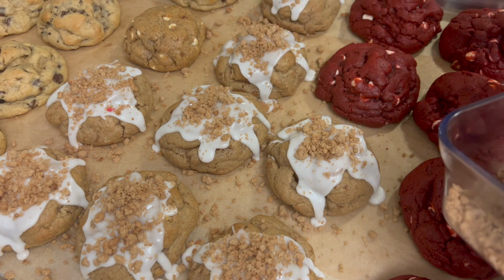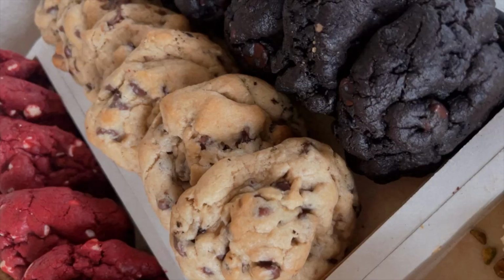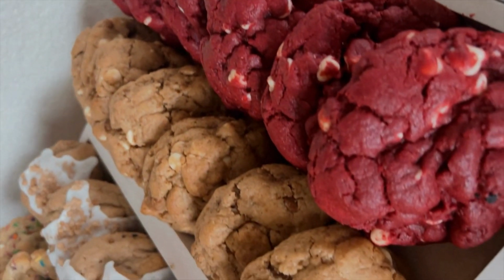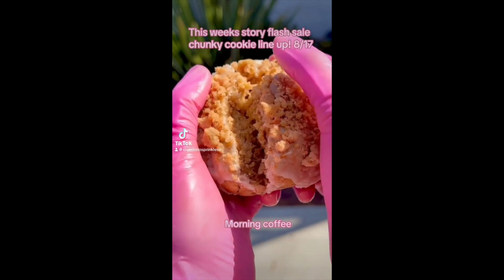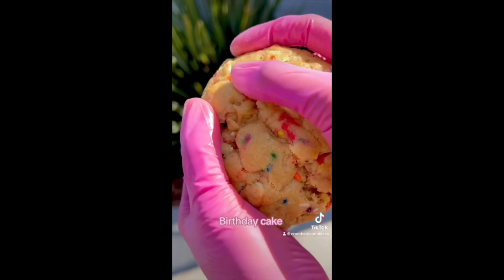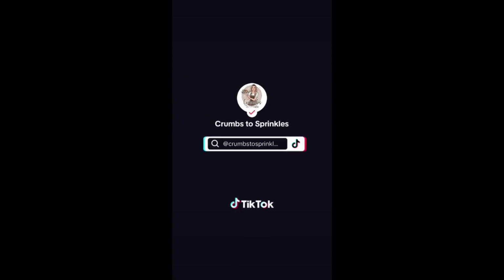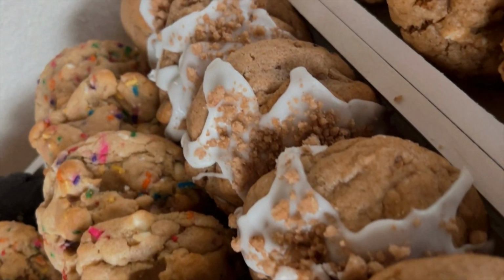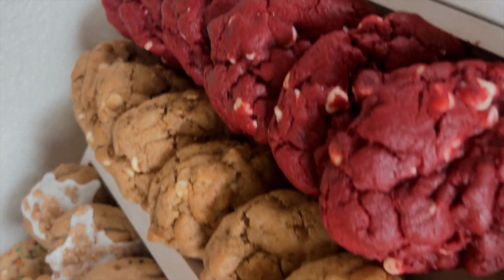You guys know that I charge $7 for one cookie, $27 for a 4-pack, $38 for a 6-pack, and $72 for a 12-pack, if I'm not mistaken. These cookies have always done phenomenal for me. No one has ever said, oh, it's too expensive, or that I thought I wouldn't get any sales because of the price. Most of all, I know my worth. It's not your basic cookie that you're literally scooping out, just popping in the oven, ready, set, go. It's rolling each one, making sure it's the correct measurements. Even just little things like adding it into the bag and putting it in the freezer is an extra step. It's not your typical cookie, so